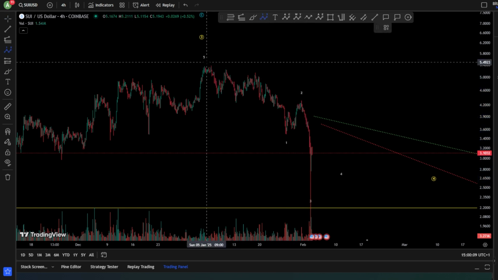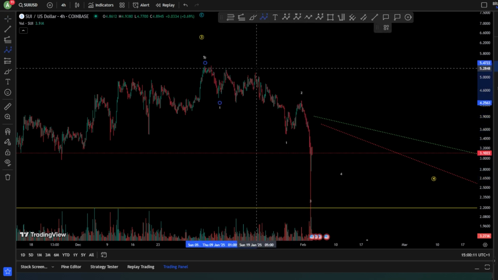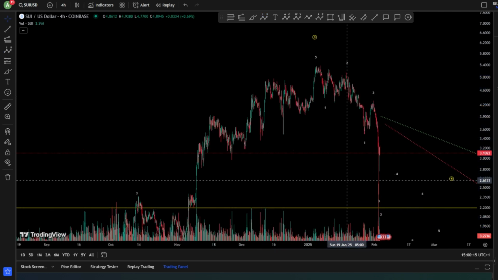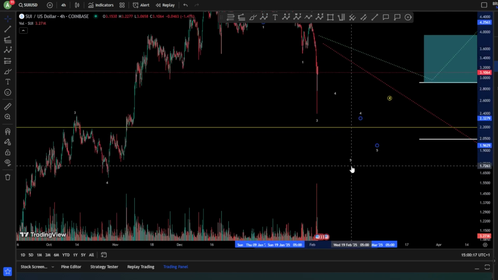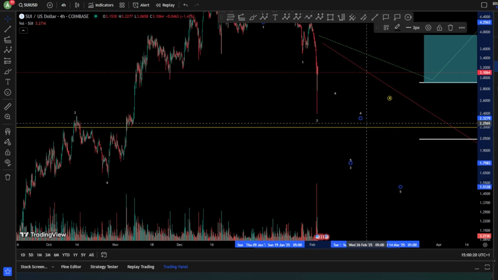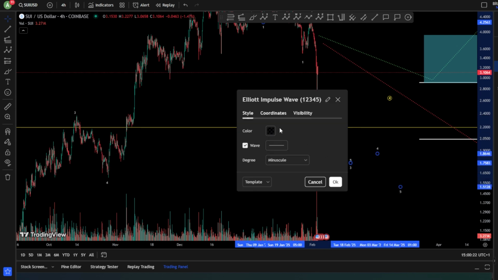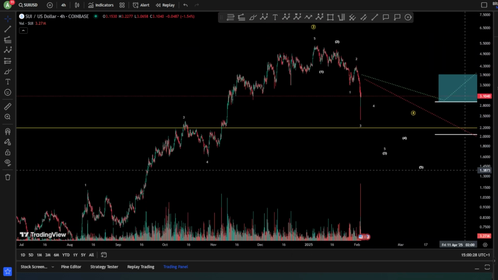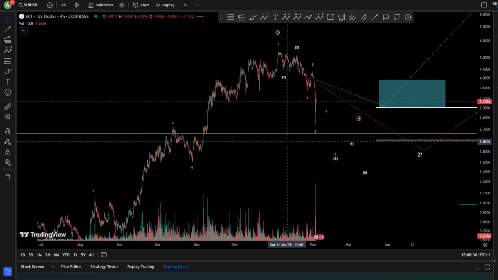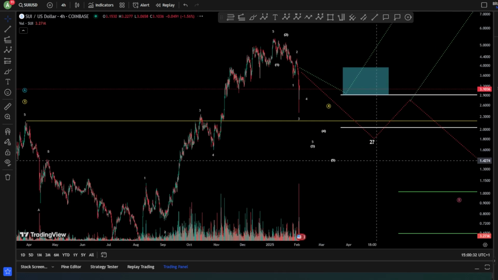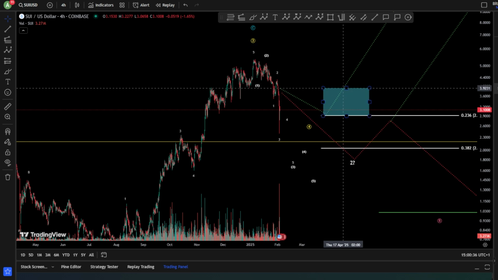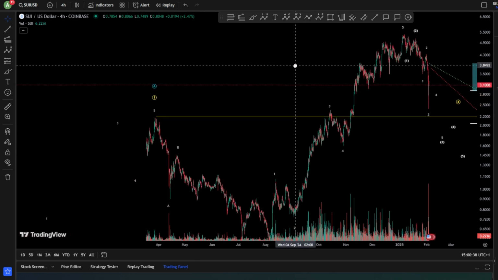Meaning it can be, guys, here a 1, 2, and then 3, 4, and a 5. So this 3 should be here, 4, and a 5. And this should be in the white because this is your main scenario for this impulse. Meaning, guys, we might face a double 4 and a 5. What does that mean? This means that we are not really in a wave 4 probably.